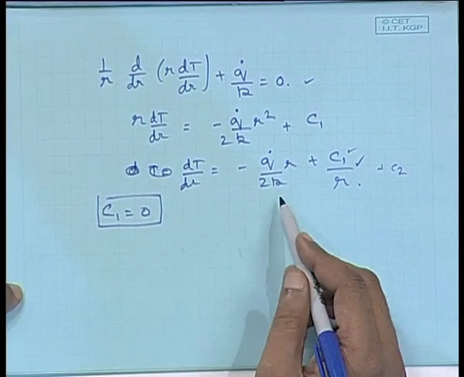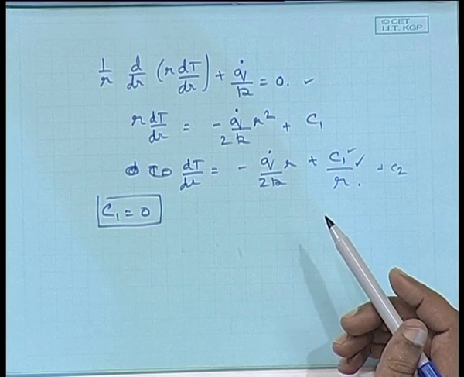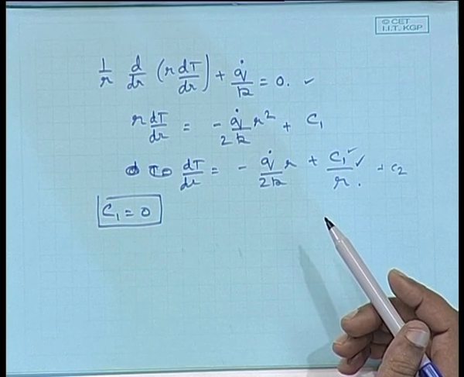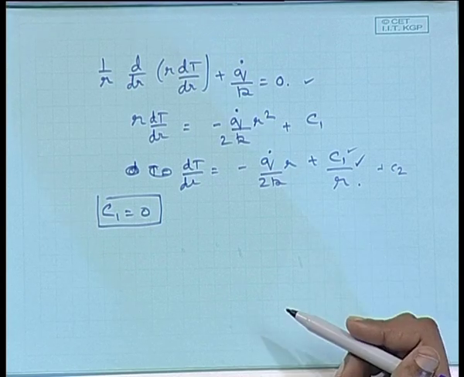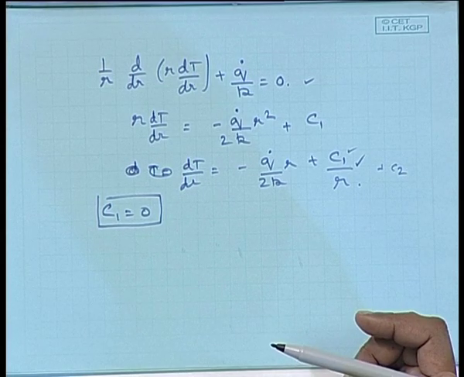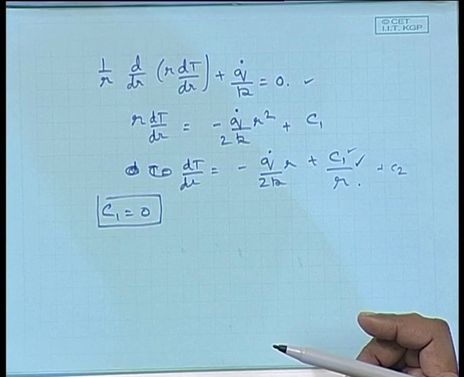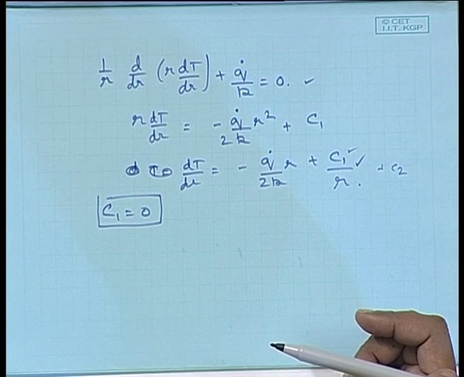We are going to start with the simplest possible situation, in which in a plane wall there is uniform heat generation, and we will see what kind of profile we would get. One condition you can use is dT/dr at r equal to 0 should be equal to 0, and other conditions are possible, that is, the surface temperature may be known to you. So, the temperature at small r equals capital R is known to you, or the surrounding temperature and the convective heat transfer coefficient are known, in which case again the conductive heat should be equal to the convective heat at small r equals capital R.